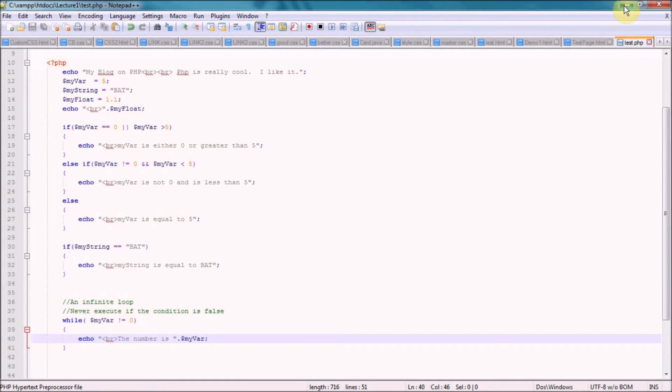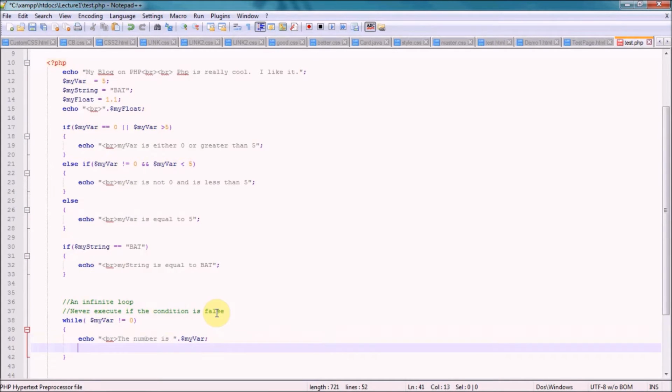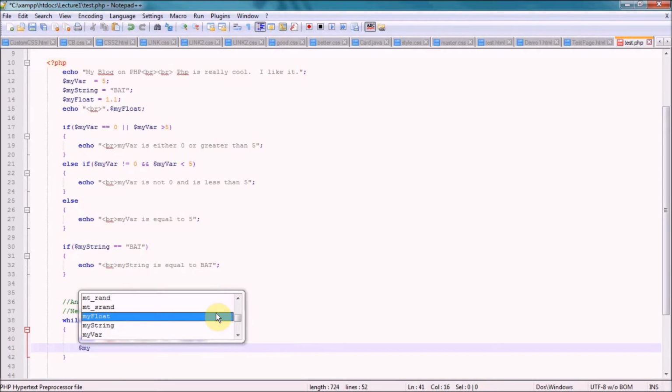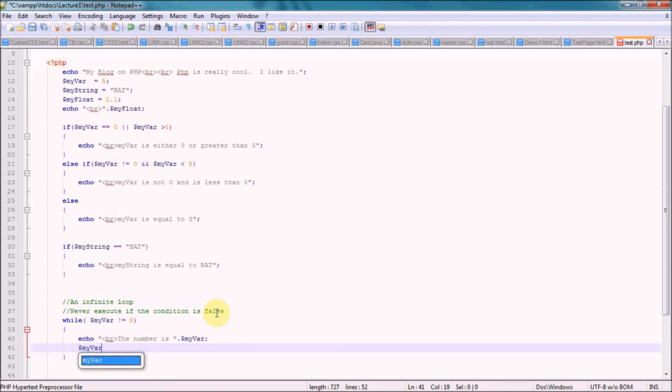Okay. So in order to get around this, again, we have to make sure that this variable's changed. And this is why you don't see a lot of while loops in web pages. It's just not usually necessary. And so in this case, we'll just do my var minus equal 1. And now this should subtract, so this condition will eventually be false,